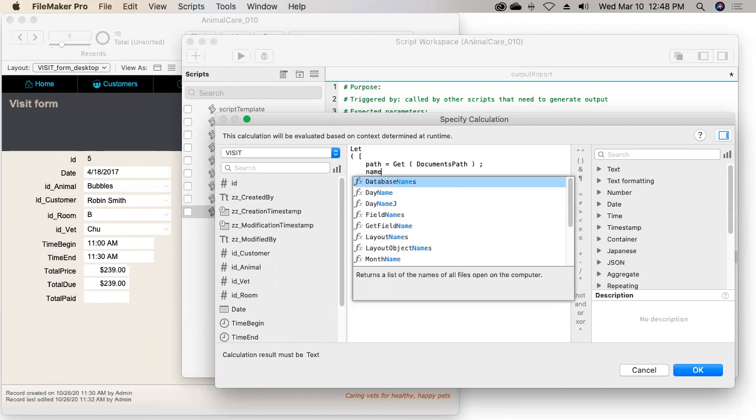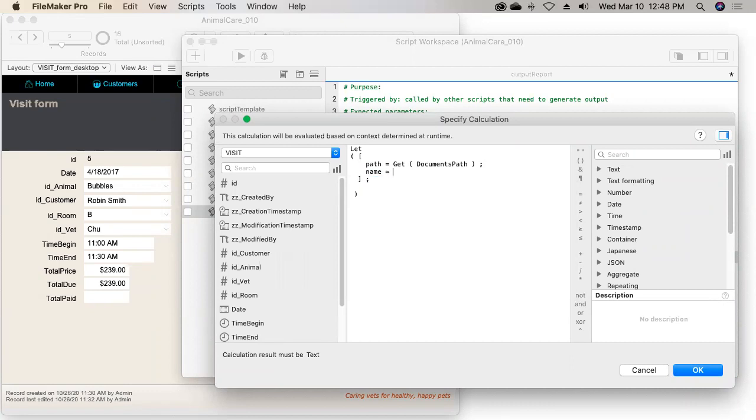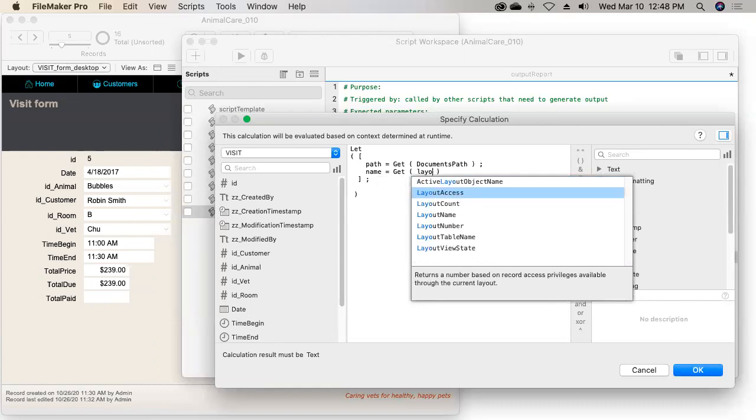And then we'll create another variable called name, and we'll set it to be equal to, let's say we want our reports to be named using the name of the layout that the report is being generated in, and then maybe the date and time. That way it's going to be very specific. If the user runs the same report multiple times, they'll get multiple PDFs because they'll be time-stamped right down to the very second. And so we'll say Get(LayoutName)